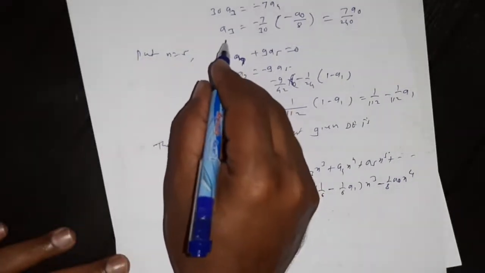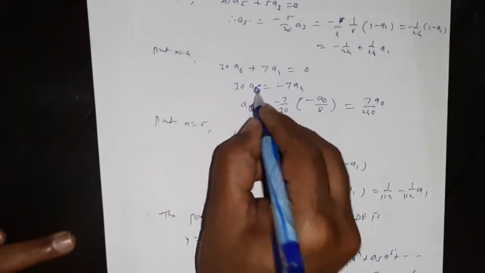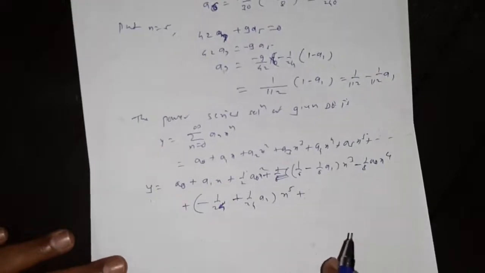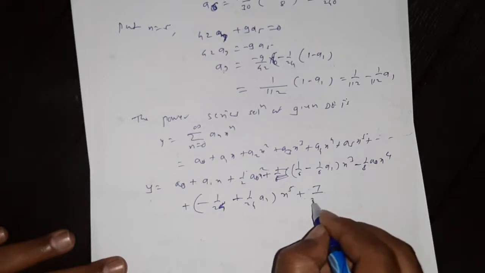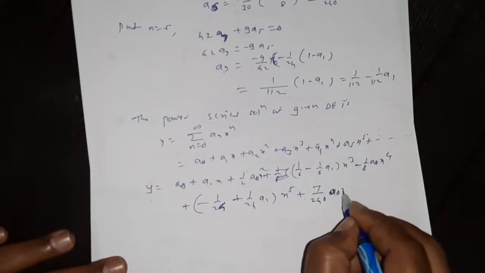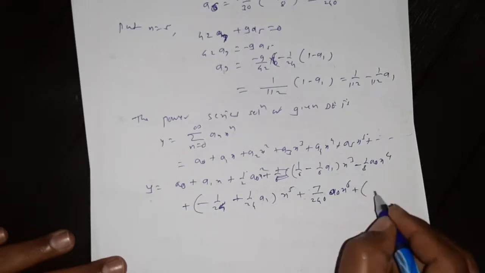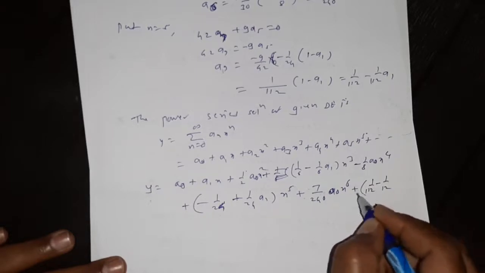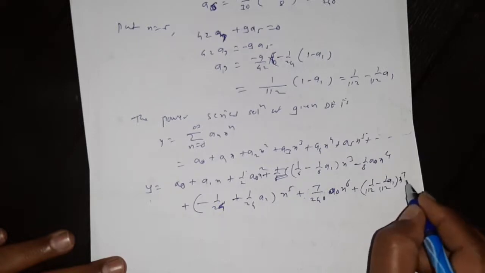Here a6 is there, a6 is what, this a5, then plus the value of a6, 7/240 a0 x^6, plus the value of 1/112, the value of what, a7, 1/112 a1 x^7 plus so on,